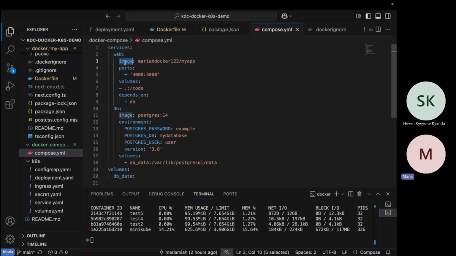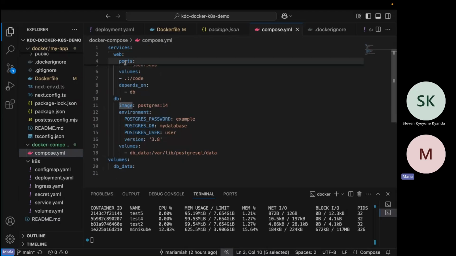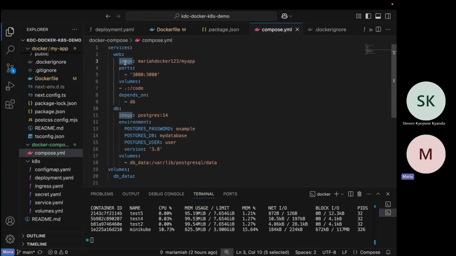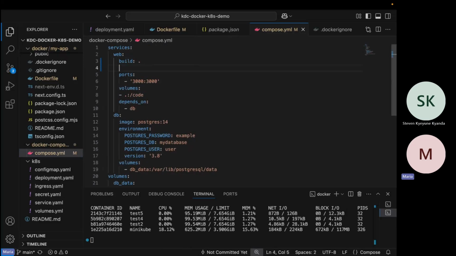Then the image: you could provide an image that we've already hosted. Or if you don't provide the image, when you have your Dockerfile locally, you could just add the build. I think the build context goes right here, and then the path.